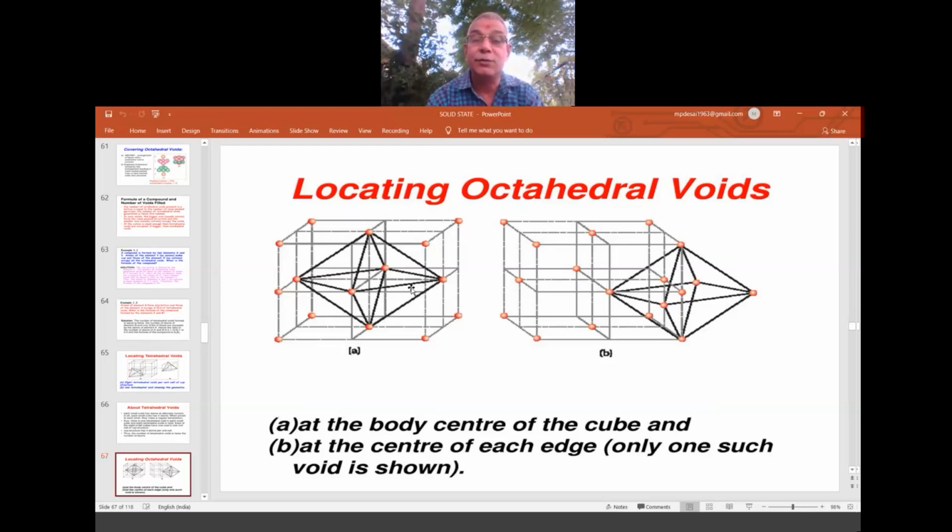So for the octahedral voids, how many spheres do we require? We require totally 6 spheres, 6 particles. You see here, one face, second face, third face, fourth face, fifth face, sixth face. By joining all the face particles, octahedral voids are created. But you see here, 3 one way, 3 the other way. So 3 at the bottom, 3 on the top. In that way you can see.